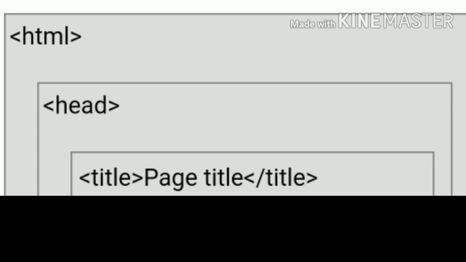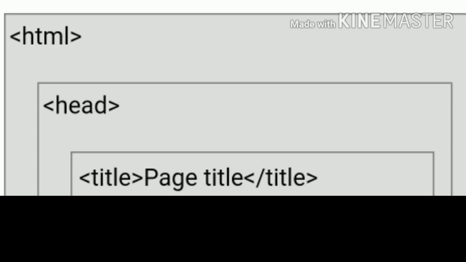The remaining parts, the head tags and title tags, are not displayed. Only the content of the body is displayed in the browser, the output of the boxes in between the body tags.